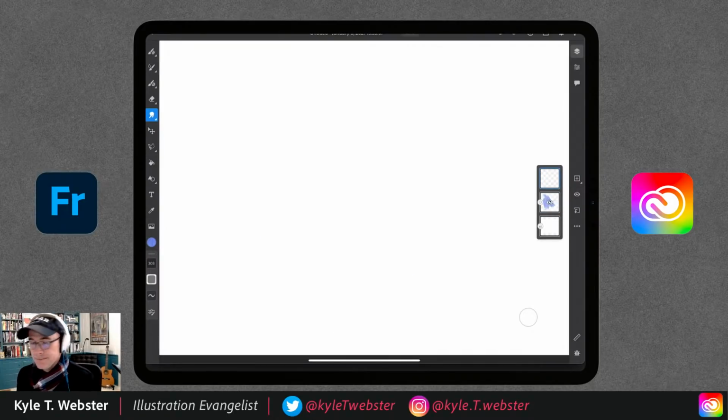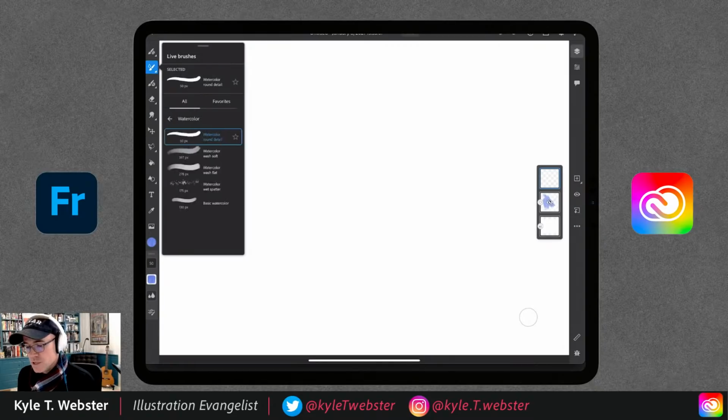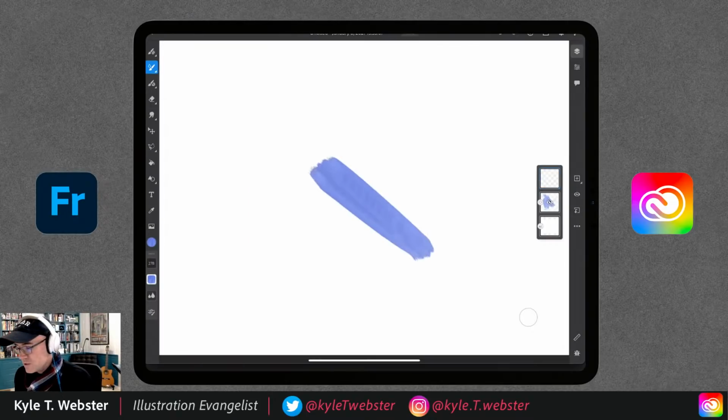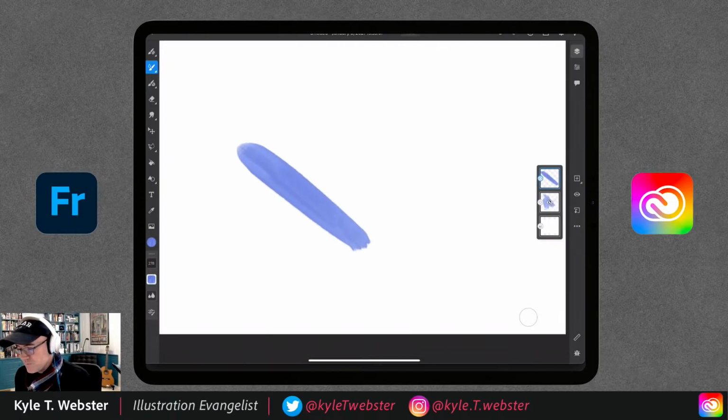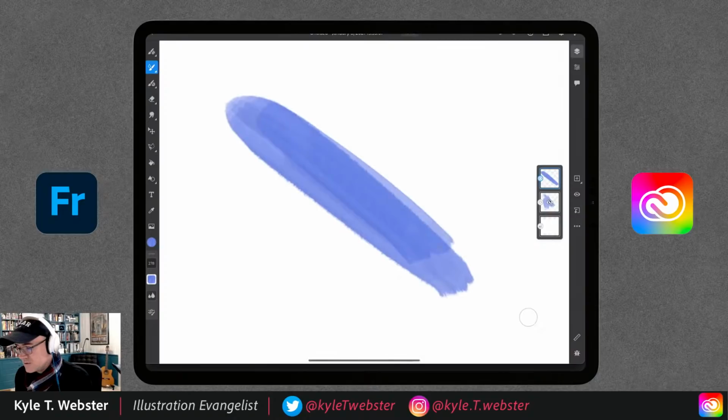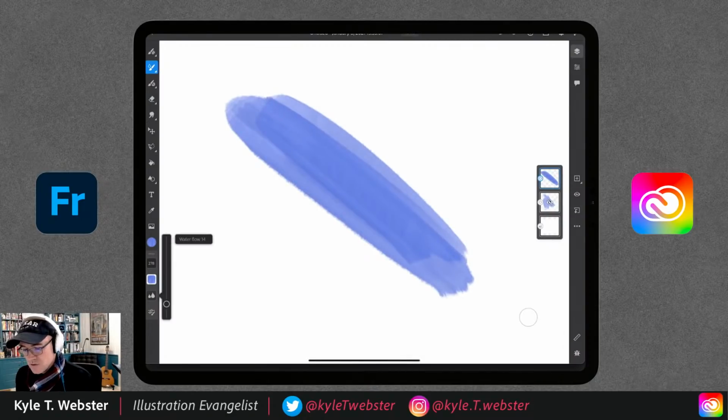All right, now, the really juicy stuff here in Fresco when it comes to natural painterly brush strokes, of course, the watercolors and the oils. Come here to the live brush category. We start with watercolor. Just go ahead and grab a wash flat brush. One of the cool things about this is, of course, you can use those multicolor swatches with watercolor. So as I paint that stroke, you can see there are different colors in there. Look at that. And let's increase the amount of water we have,